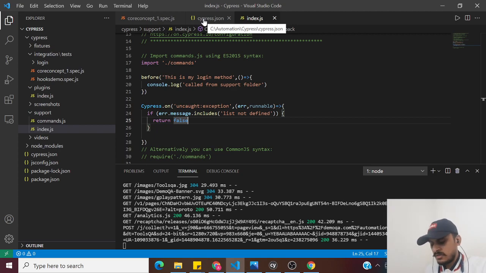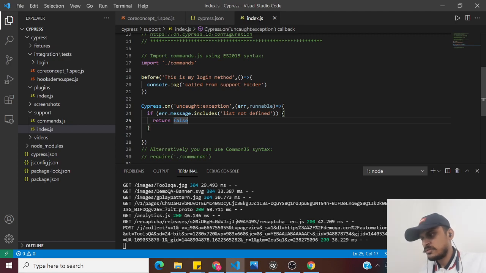So in Cypress you do not use commands like wait for element to be present or wait for element to be invisible. You don't have these commands at all. That is the nature of Cypress. It provides you those capabilities, but how it provides them, we will cover in the next video, and I think that will mostly be the last video on core concepts, right? But I'll look, and if there are any other important core concepts that we need to cover,